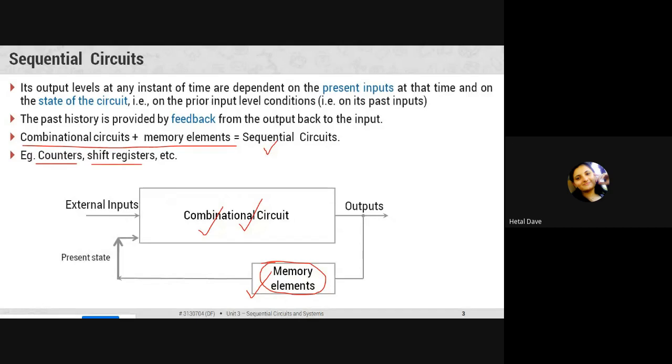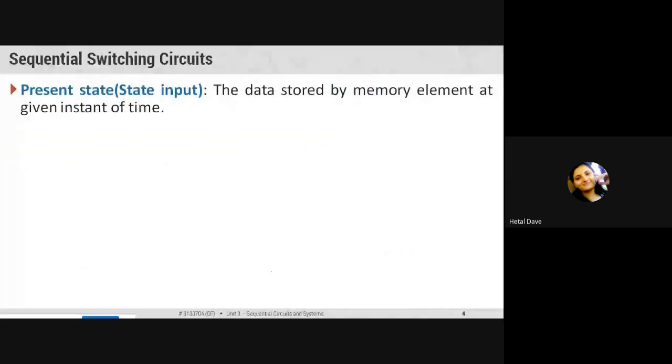Okay. Everyone has drawn this diagram. Now we need to define what is present state. The topic continues, the introductory part of sequential circuit. What is present state? Please remember it. You need to make a truth table using this word. Whenever I tell you, make a truth table from input, present state, next state, at that time you need to remember this definition. Every time we will follow this word in the rest of the chapter. Present state. Now what is the meaning of it?